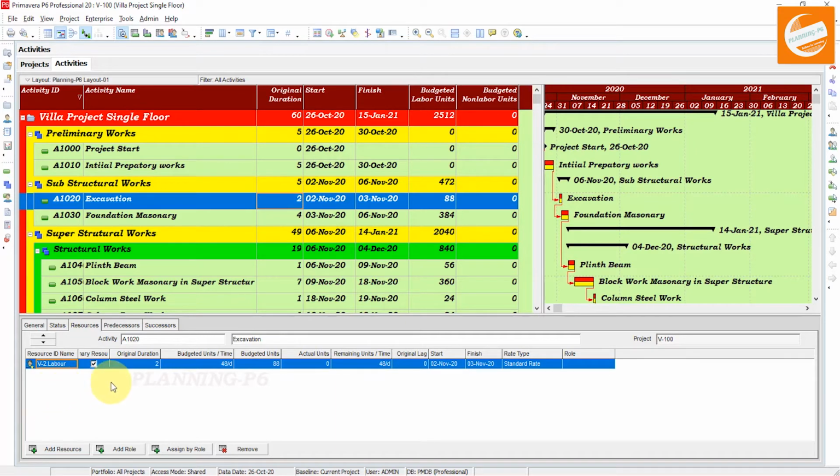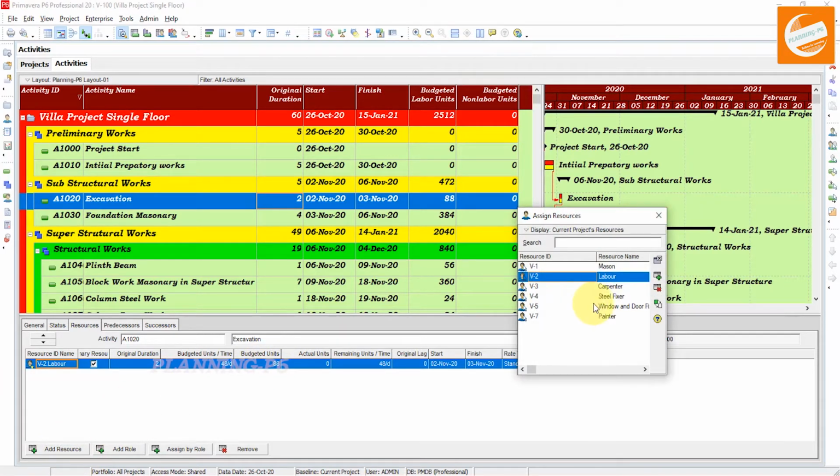Now you can see I have not assigned the non-labor units, only the labor units. Now focus on the original duration, budgeted units per time, and budgeted units. These budgeted units are the main point. When you preserve the setting, these will remain the same when you want to add more resources.